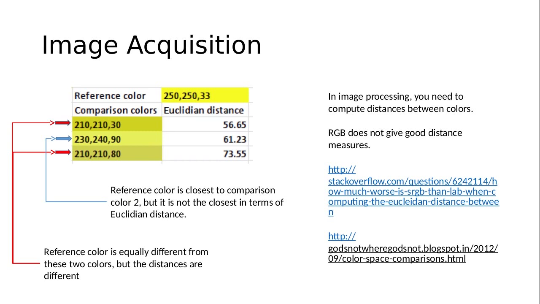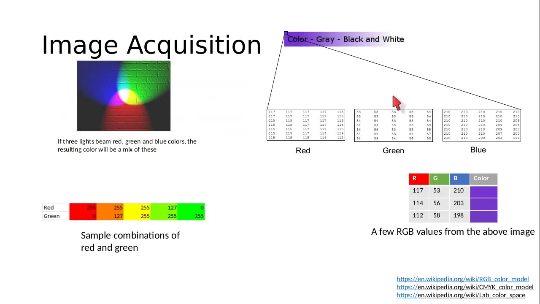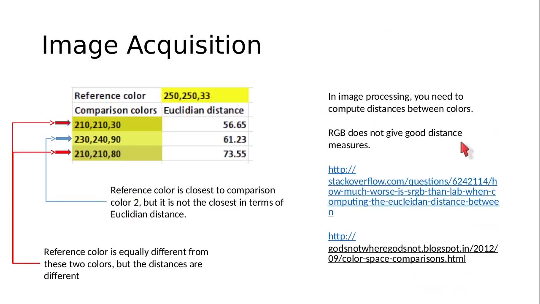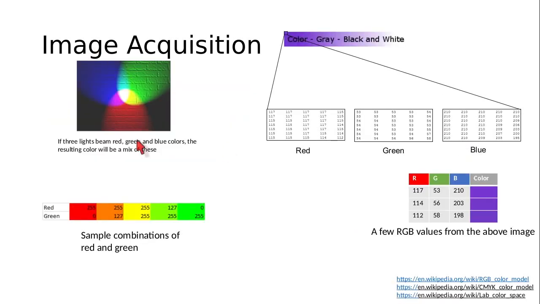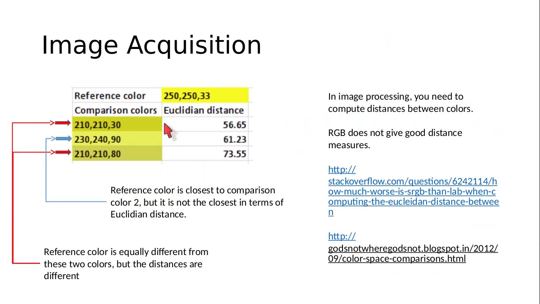Now what you have in images is the RGB values. So what you have in an image is you get the red, green and blue values from different pixels. So you get these channels, the red channel, green channel and blue channel. A computer is not a human being. It cannot combine colors by mixing them like this and perceive the way a human being perceives colors. All that a computer can understand is integer values coming from the red channel matrix, the green channel matrix and the blue matrix.